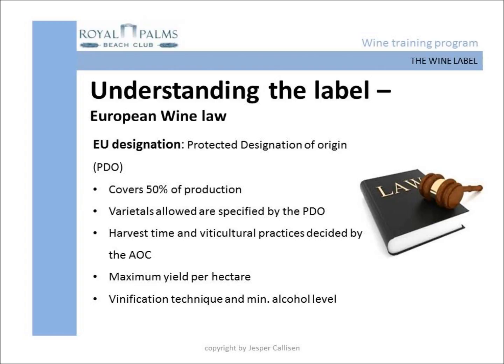The most important European wine appellation is called PDO, Protected Designation of Origin. This is the highest appellation in Europe and has been put in place to ensure continuity of style within the different wine regions in Europe. In other words, wines from the same region will be made in a similar style. This makes it easy to distinguish between wines and choose the style we want to enjoy.